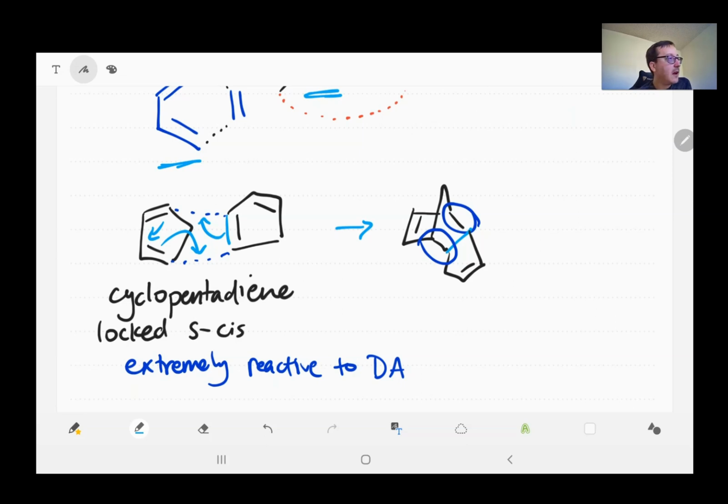As normal, though we do end up with this bridgehead, or this bicyclic compound, because we're putting two cycles together. So, fun stuff. It turns out, though, as we love having bicyclic compounds, when we do react cyclopentadiene, which is very common because it is so reactive towards Diels-Alder,